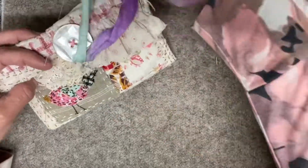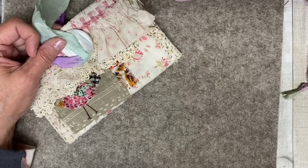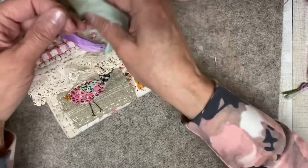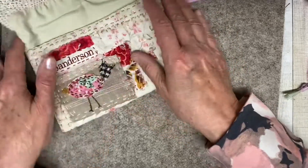Okay, so that's there. We talked about this. I just put this little ruffle, which is also from the quilt. And then, of course, the lace. A lot of lace. I'll have to try and trim off some of the shedding. And inside, look how cute. I made a